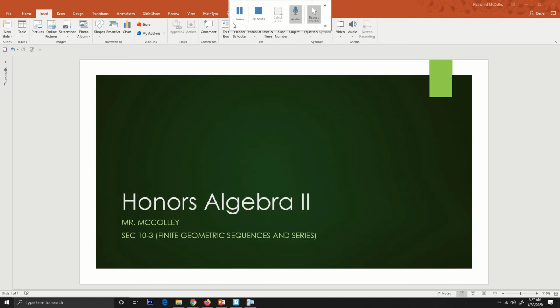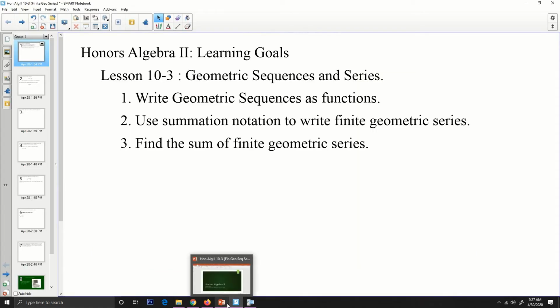I am Mr. McCully, and this is the presentation for Section 10-3 on infinite or finite geometric sequences and series. We'll talk about the infinite ones in the next lesson. So let's get to it. Today we're going to write a geometric series sequence as a function. We're going to use summation notation to write finite geometric series, and we're going to find the sum of a